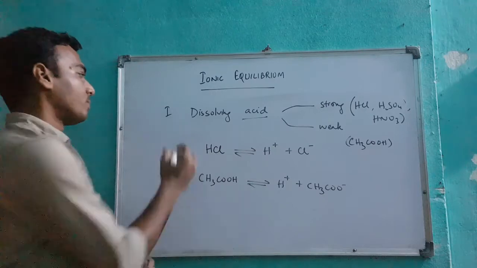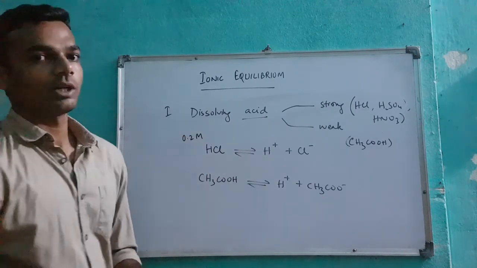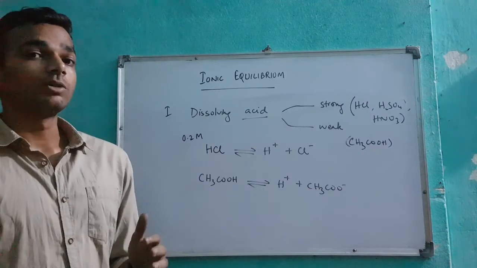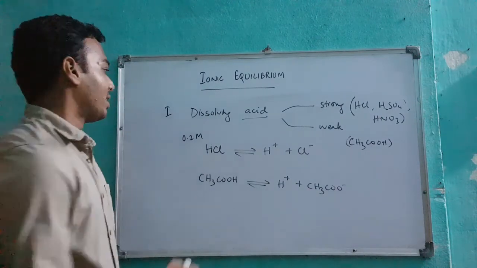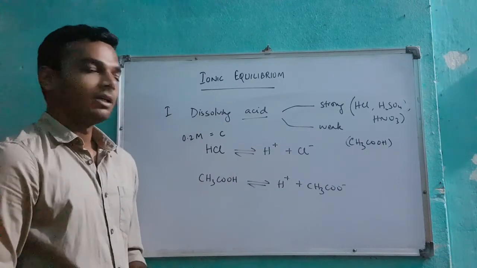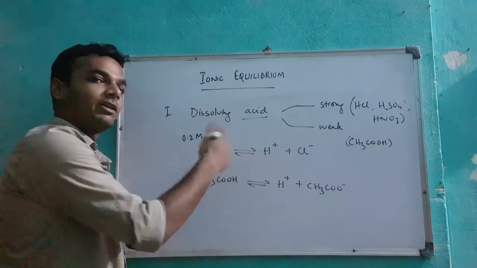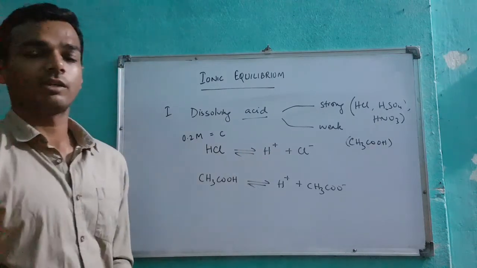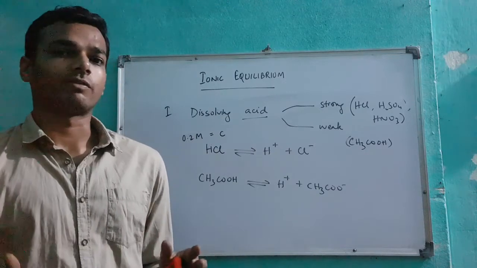So let's say I've taken an example where I've taken a 0.2 molar HCl solution and I want to see what kind of pH it produces in the solution. Now this is the initial concentration which you write as C. Because this is a strong acid, we say that the whole of HCl will dissolve. When we say the whole of HCl will dissolve, at the final equilibrium, you will not find any HCl molecule left.